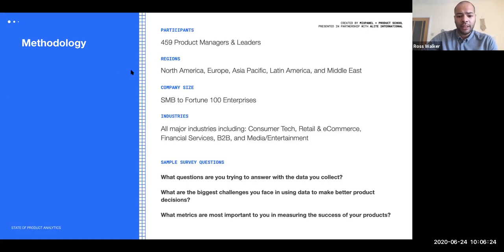So with that being said, hopefully that's going to give you a little bit of an understanding of what we're going to talk about in this, and ultimately understanding what matters the most to these different types of organizations in the product teams that they have at the moment, in the product analytics strategies that they have at the moment. And with that being said, we should have some answers to the poll that we have at the moment up on the screen.